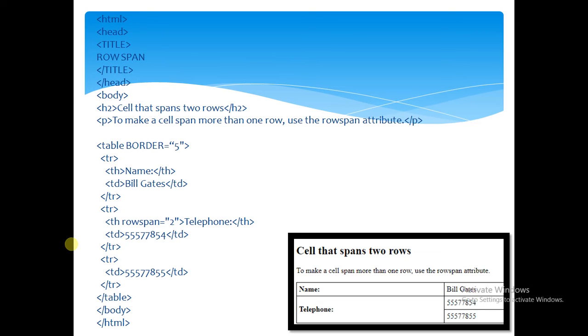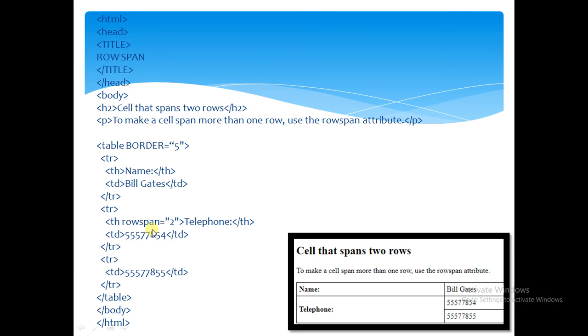After that we create a table row and we write th, meaning table heading, with rowspan equal to 2, and telephone. Here we discuss that there are two rows, first row and second row, but telephone is a heading that spans or merges two rows, the first row and the second row.